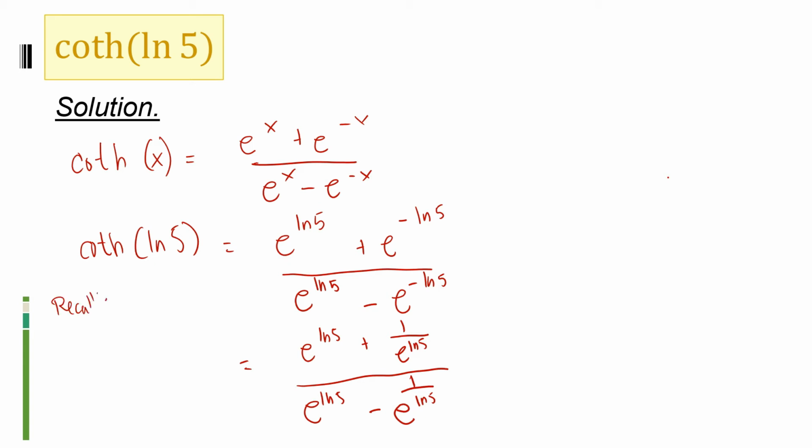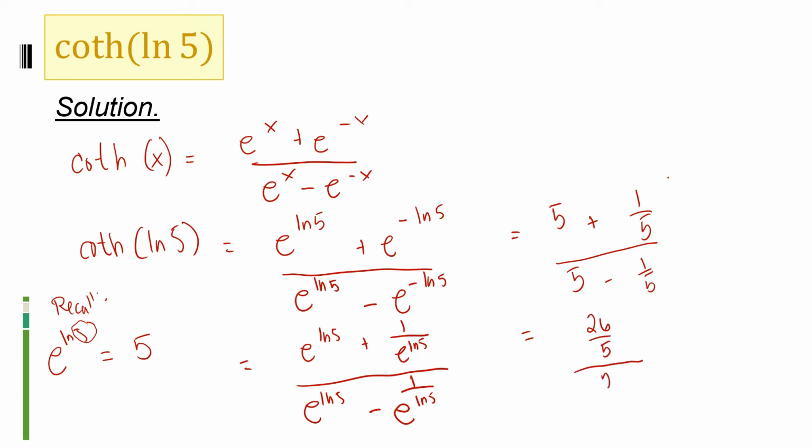Recall that e raised to ln5, whenever we have that, is just actually equal to 5. So, e raised to ln5 is equal to 5 plus 1 over 5 minus 1 over 5. If we simplify that, that is equal to 26 over 5 all over 24 over 5. So the 5s cancel. That is now equal to 26 over 24, and reduced to lowest terms,